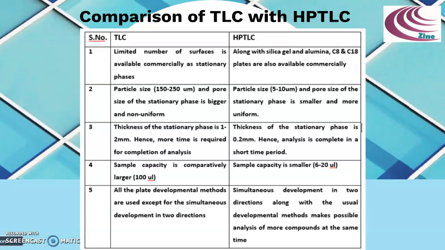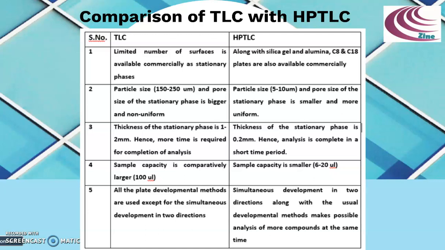Dear learners, try to understand the comparison of TLC with HPTLC. Thin layer chromatography is very widely used for the analysis of complex mixtures of natural origin. Though it is cheap and simple, it suffers from certain drawbacks, such as its surface cannot be modified easily, that is, the polarity of the stationary phase cannot be modulated. It is a semi-quantitative technique. It can be made quantitative, but the method is tedious and may involve some errors.